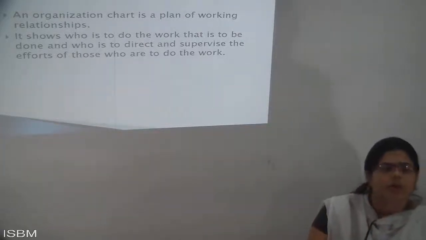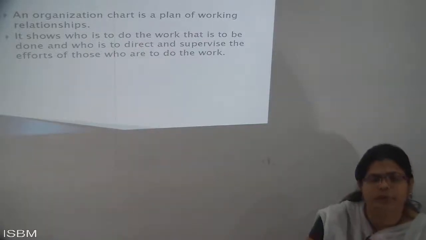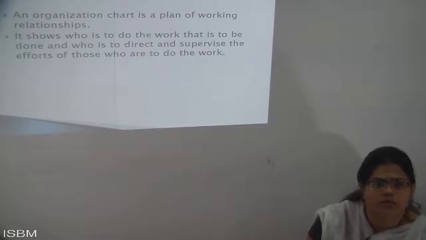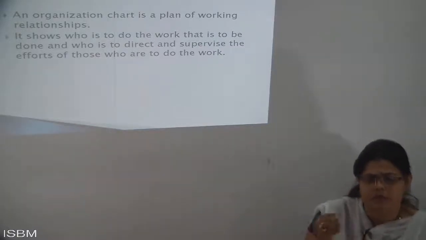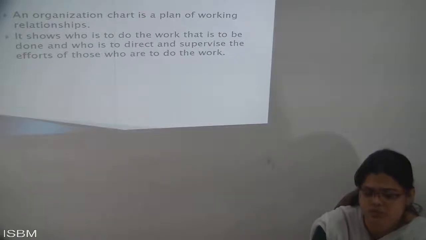you also develop a proper relationship. If you want to develop a proper relationship, you need to plan your work, because without planning your work you can't manage everything. When you plan, you get to know what to plan, how to plan, whom to plan, and how you analyze your plans. And then there is one person who supervises everything.